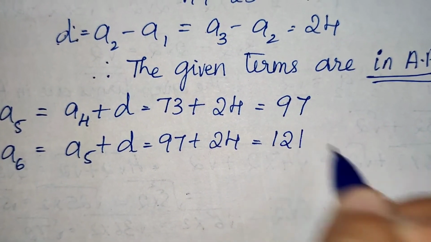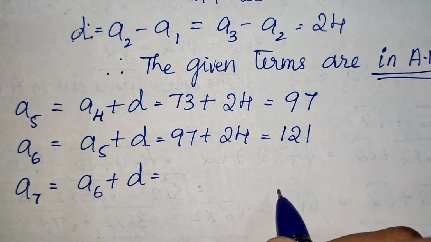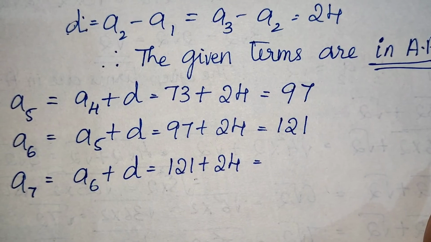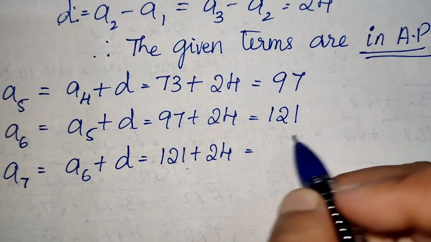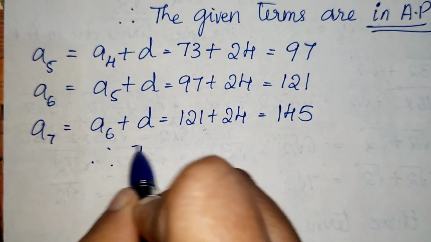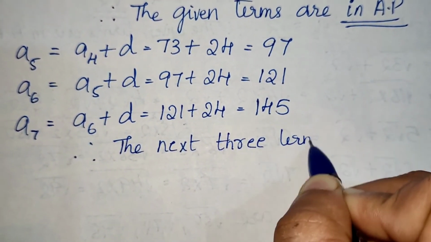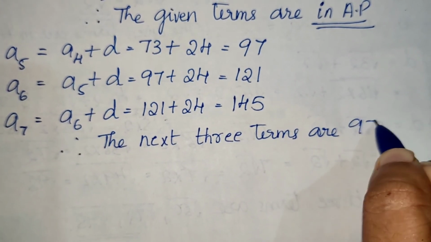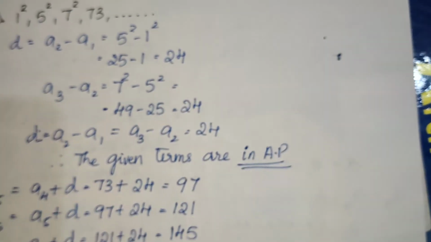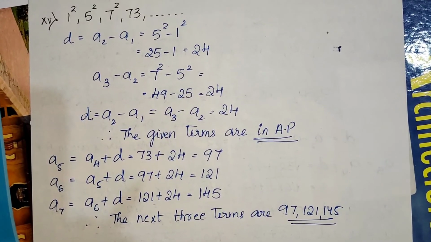So what is 97 plus 24? It is 121. Again A7, it is A6 plus D. So what is A6? 121 plus 24. So what is 121 plus 24? It is 145. Therefore the next three terms are 97, 121 and 145. So by this video we have completed all the problems and example sums of your exercise